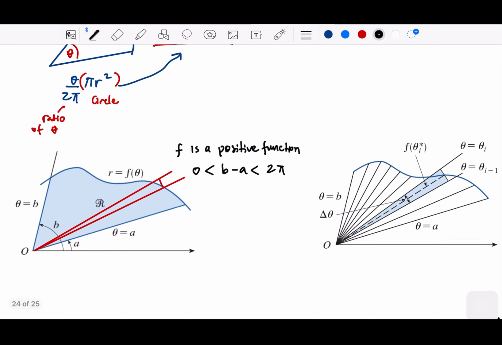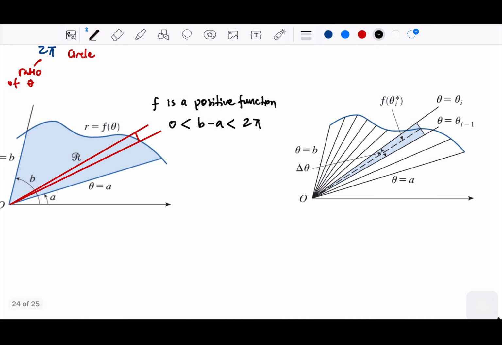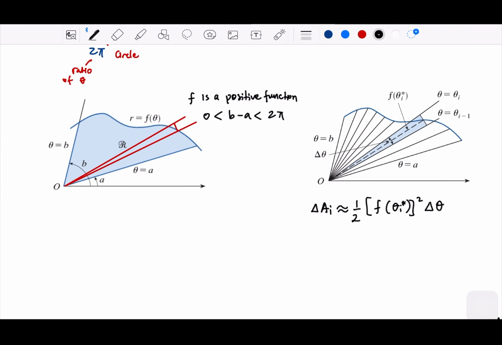So from the area of the sector, we are going to approximate this small area. So approximately this will equal to